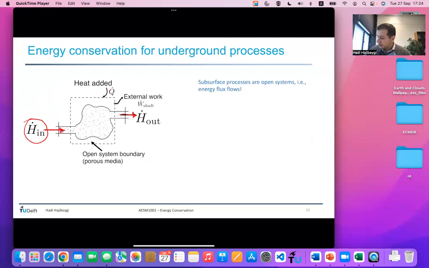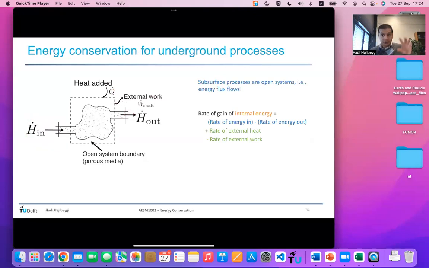The same system has open boundaries, it's porous. And also there might be some external work on it that I'm going to most of the time, if not always, neglect. And there could be heat added to the system that is now being shown by this Q dot. A typical system in the subsurface open, obviously external work will be neglected later on as well. So I write the conservation of energy now for my system, which means that change of internal energy, which is dU, should be dQ plus dW.